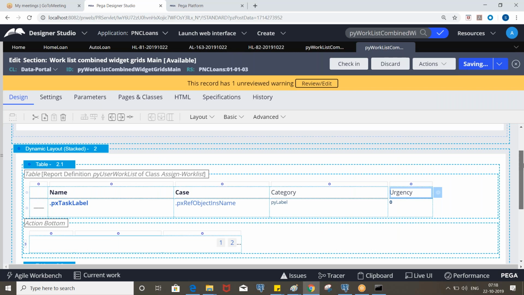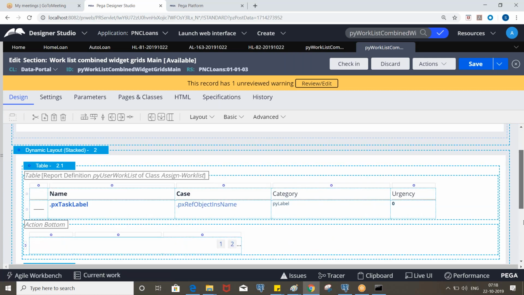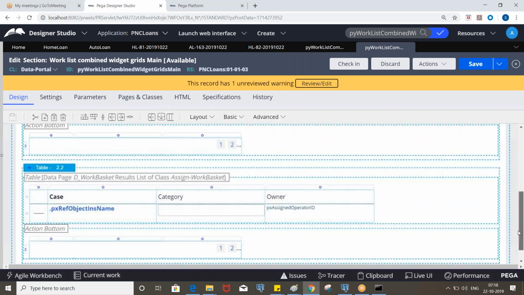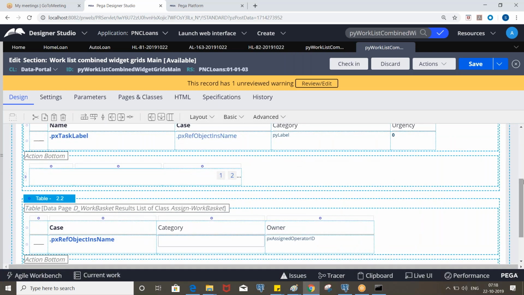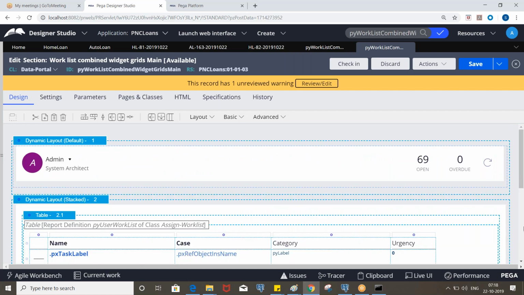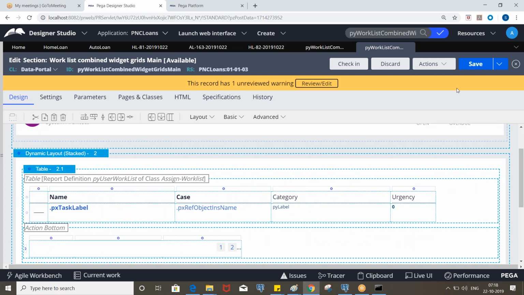Similarly, you add it for the below table also. And if you want px assigned operator id, let's add that, so you can know to whom it is assigned.